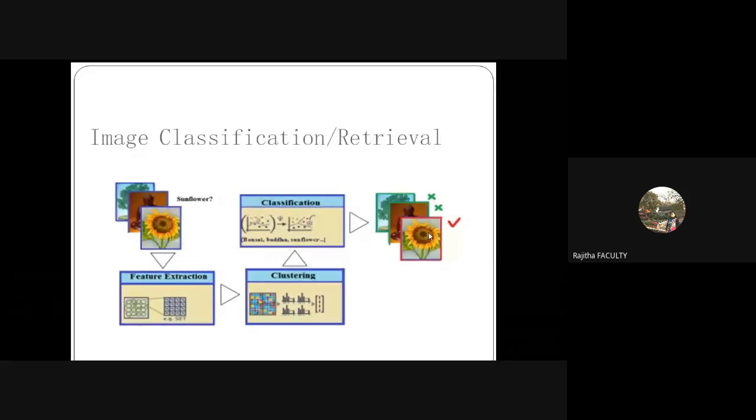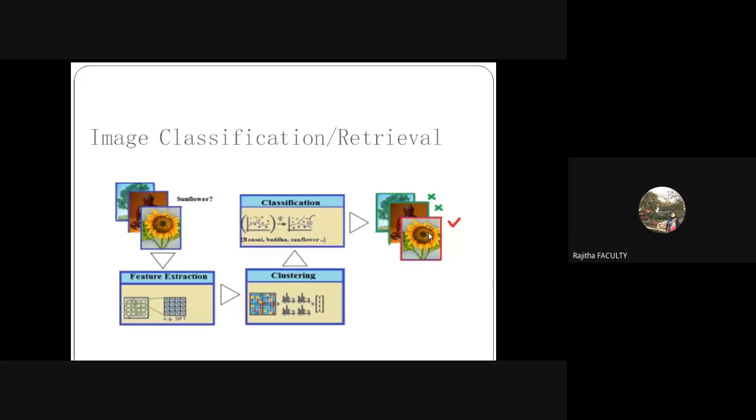If I do image to image matching, then obviously the images are matrices, color images. As I told you, in color image pixel to pixel mapping, M cross N into 3 has to be mapped with the query image M cross N into 3. And if the data set has 1000 images of sunflowers, then the time complexity would be M cross N into 3 of 1000 images, right? It is a huge complexity.